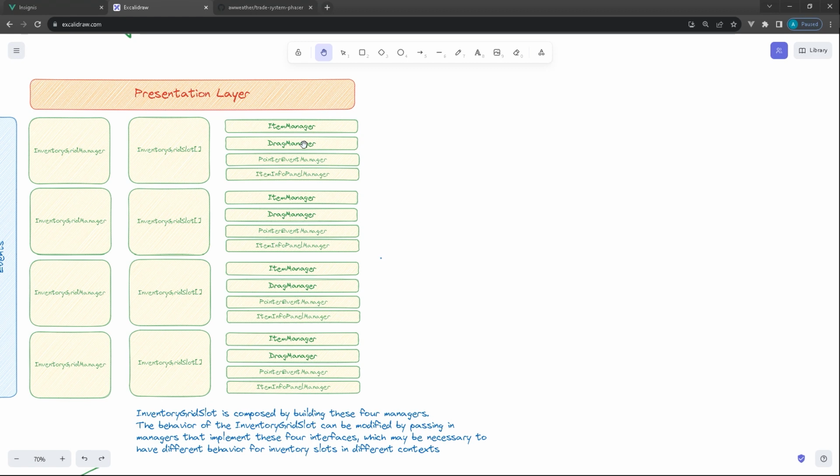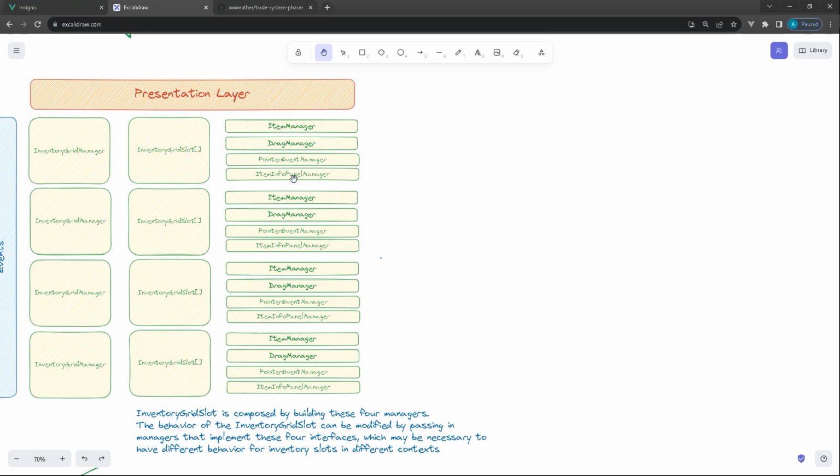If you double click an item like in a skill bar, maybe it won't do anything. So you can define different behaviors based off of the way the managers are built, as long as they adhere to the same interface, which is sort of the point of building the inventory grid slot using a more composition style versus object oriented. And the idle info panel manager is the little pop-up that shows when you hover over